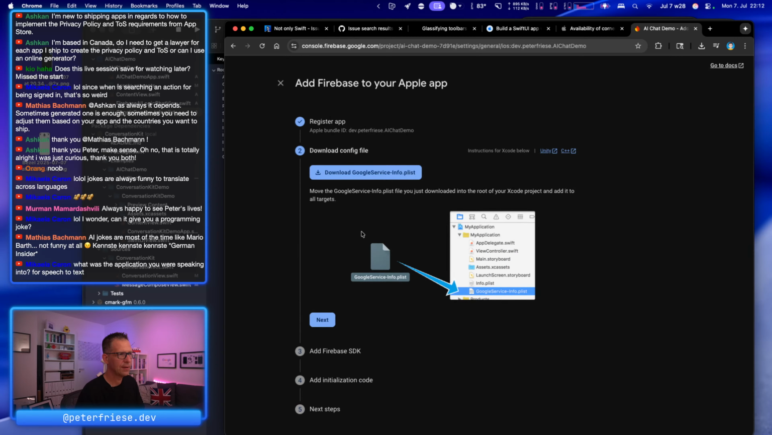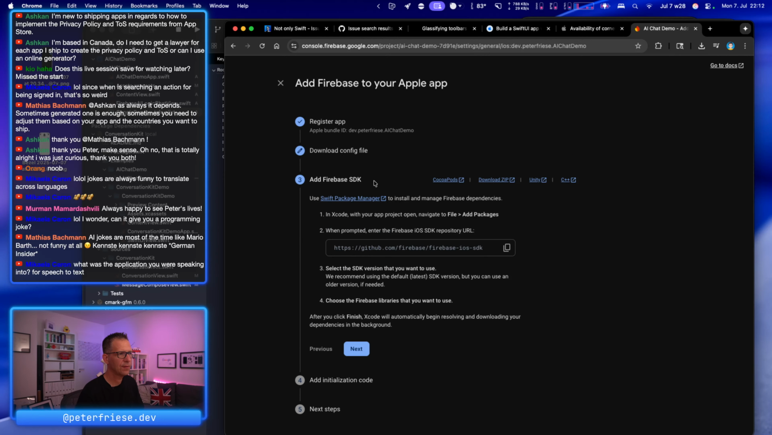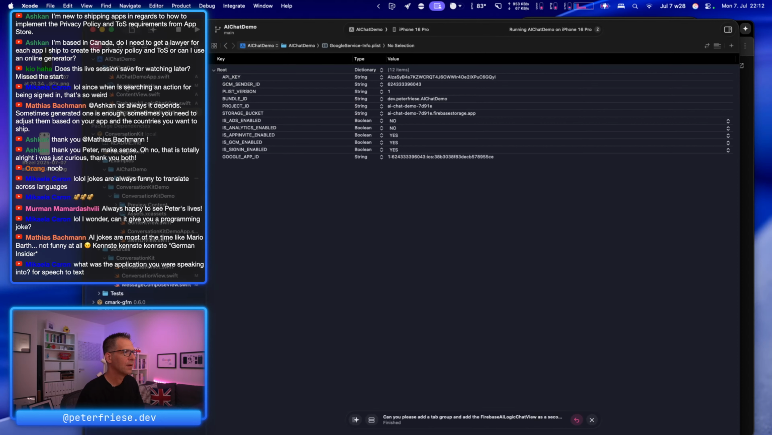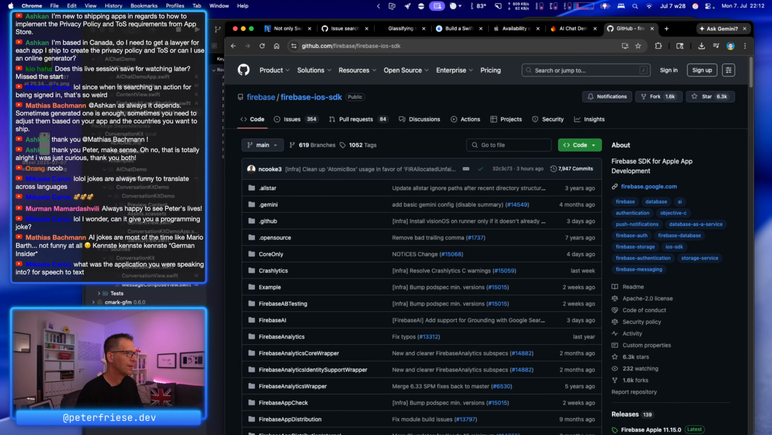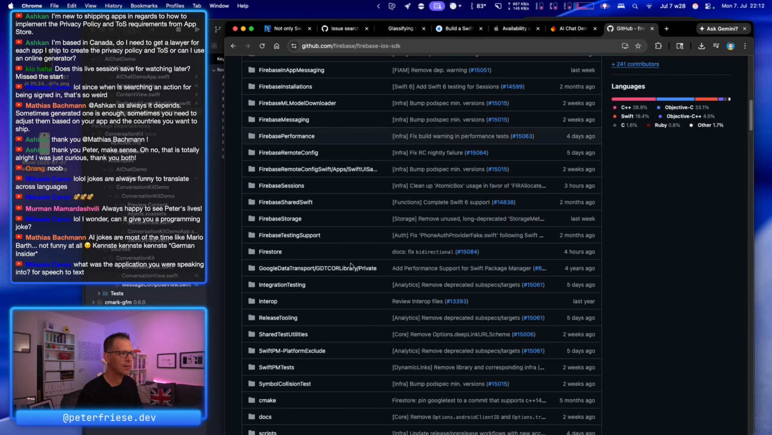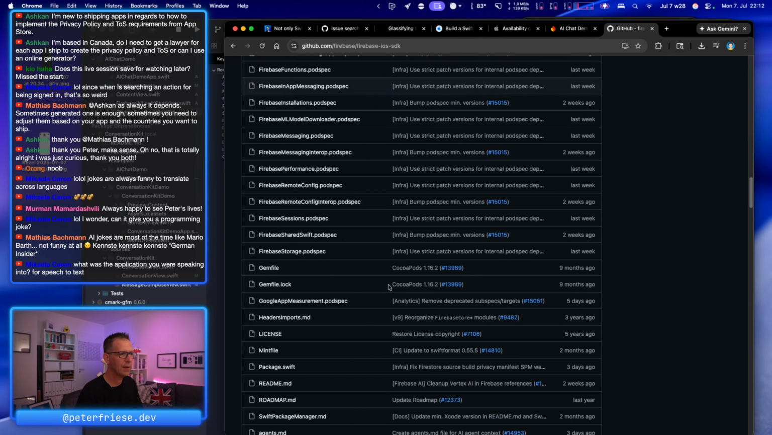And then the next thing is we need to see the SDK instructions, because they tell us after you downloaded the plist file, you also need to add the Firebase SDK. So we copy the GitHub URL. Let's take a quick look at GitHub. This is the Firebase SDK for iOS,